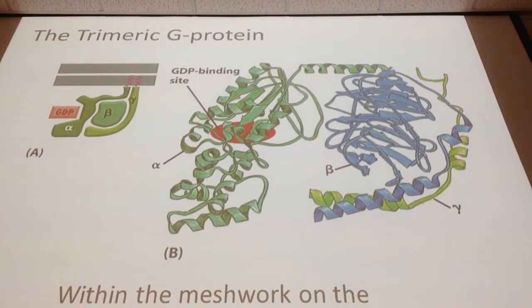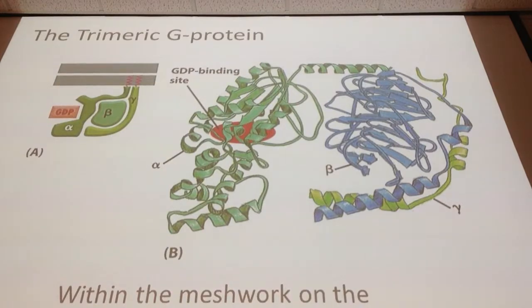And then one of the other 2 units actually contains the GDP or GTP binding site. So far so good. And then one of the subunits also interacts with the receptor. So you have 3 subunits. Each one has a slightly different function, basically. Okay. So the enzymatic activity that causes the exchange of GDP for GTP is intrinsic in the